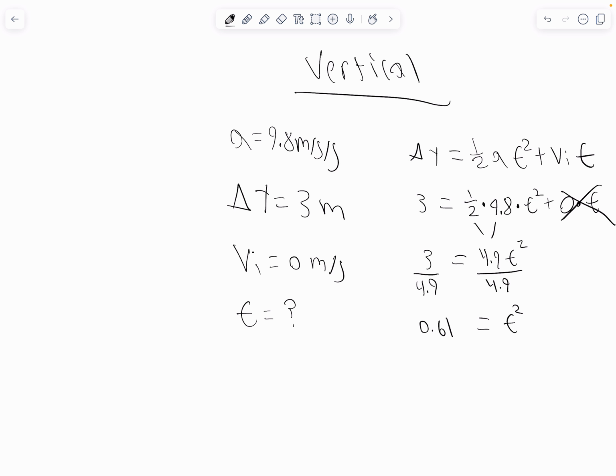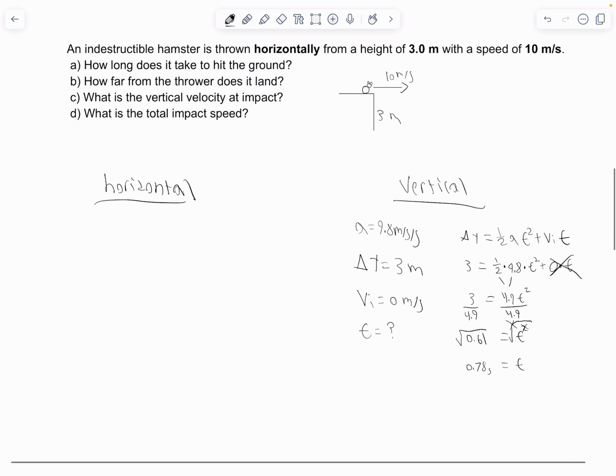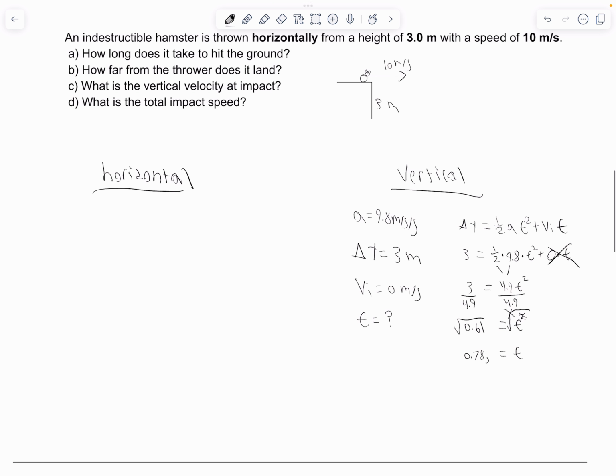And then the last step, t's not by itself. To get rid of the square, we got to do the square root. Whatever you do on the right, you do on the left. The square root of 0.61 should give us 0.78 seconds. Okay? So I am going to take our time, and that would actually be our answer to part A,